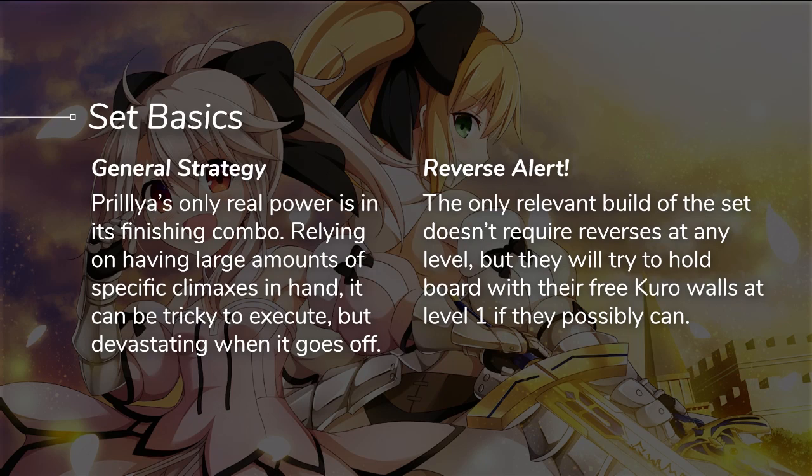Prilya is a set that is basically just a finishing combo in English. This set can do basically nothing other than kill you. However, it kills you really good when it pops off. It relies on having large amounts of a specific climax in your hand for the cost of the final combo, but it gives every single one of the characters on their center stage on attack burn 1, and then that stacks. And they can do that up to 4 times. So you can imagine how that can just delete you from even very low level 2, almost Konosuba levels of